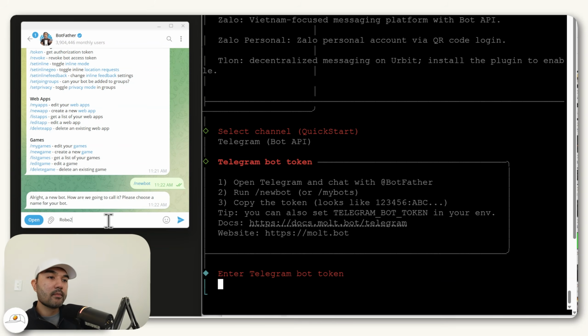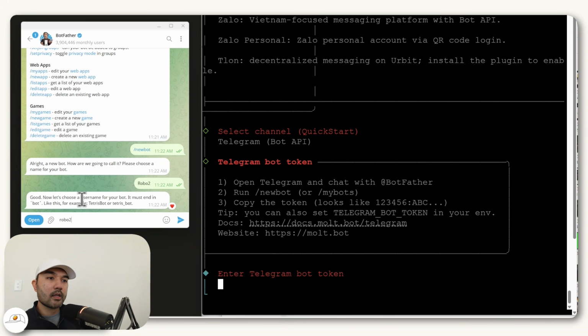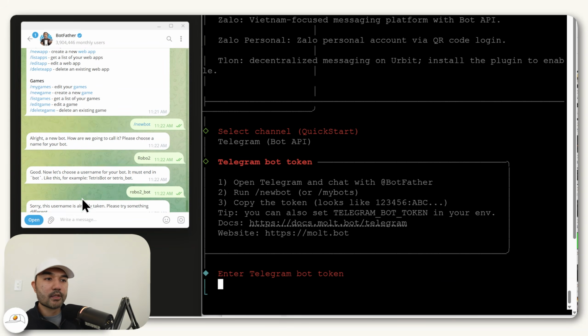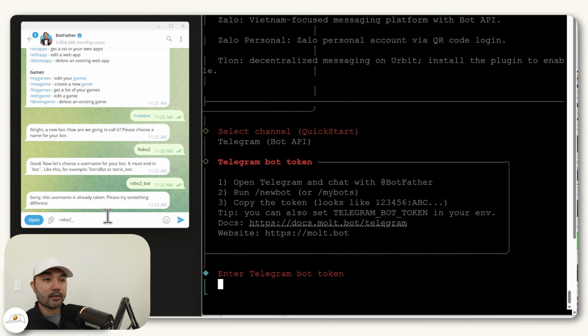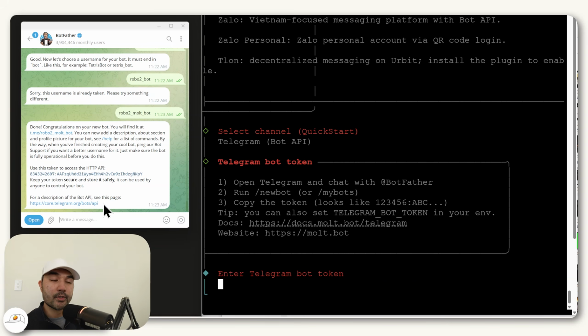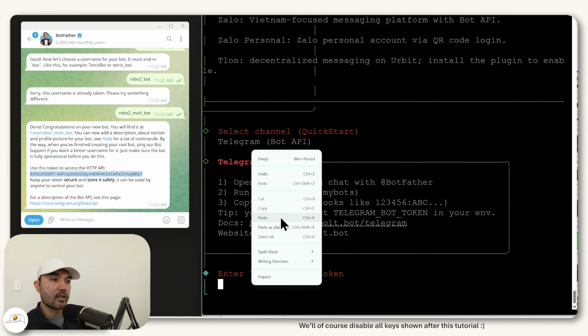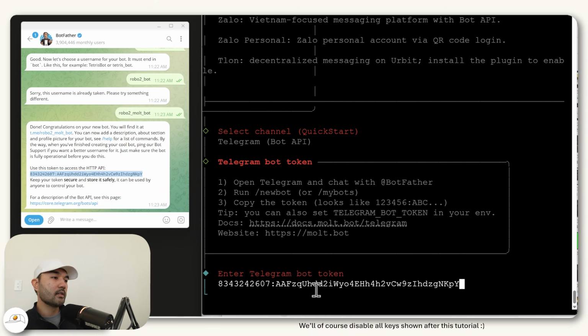You can give it a name. Let's call it Robo2. And then you can give it a username that ends with bot. If it's already taken, the BotFather will tell you as well. So you can just choose a new username. And as simple as that, you now have your bot available and you have this token here. So if we copy this and just paste it into the Telegram bot token here,